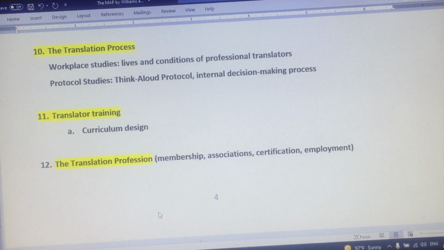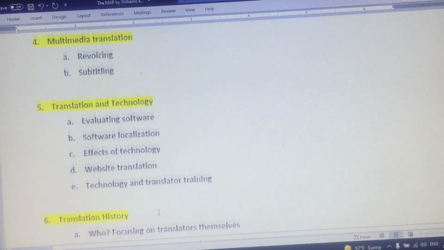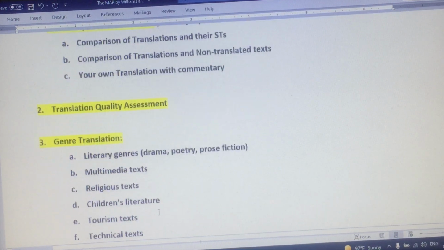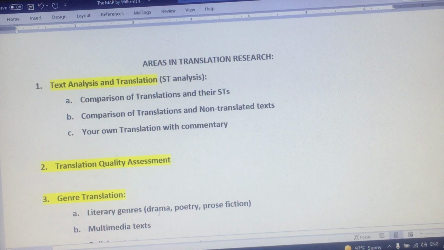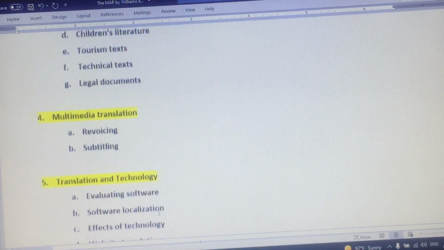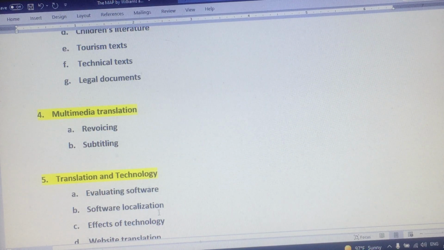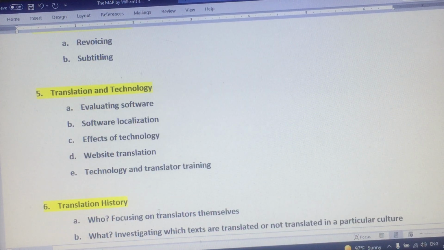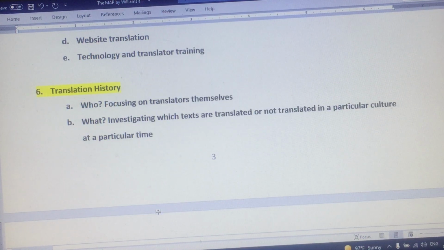So let me just summarize very quickly what I have covered in this and a previous video about the areas in translation research, which are 12, and they are, let's go back to the top: text analysis and translation, translation quality assessment, genre translation, multimedia translation, translation and technology, translation history,